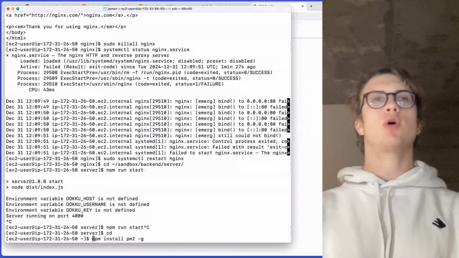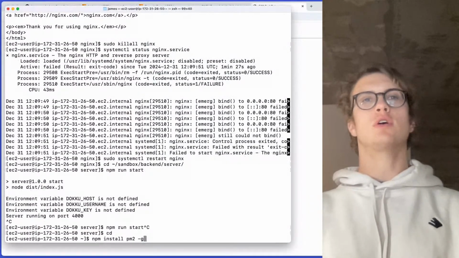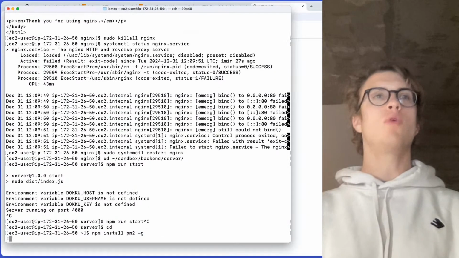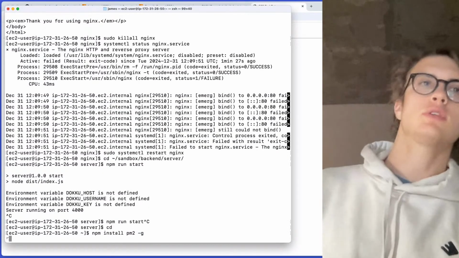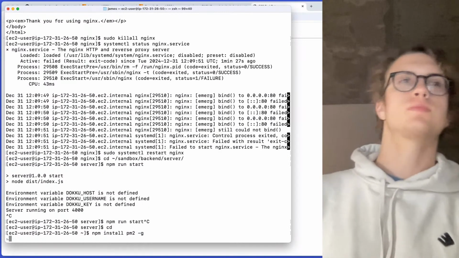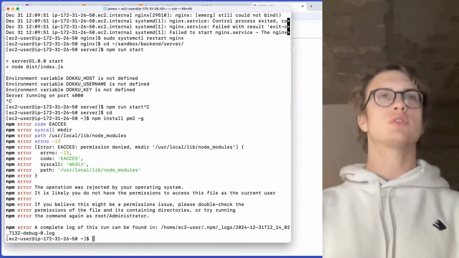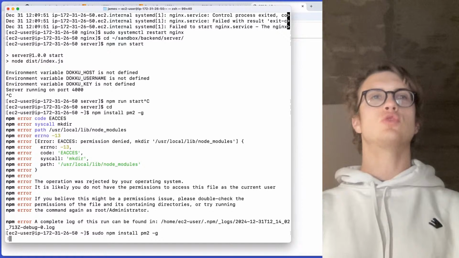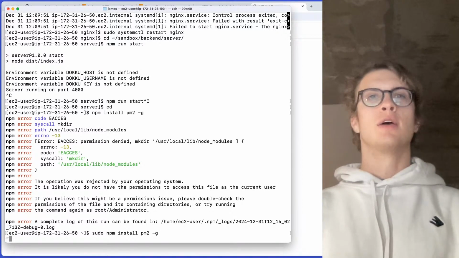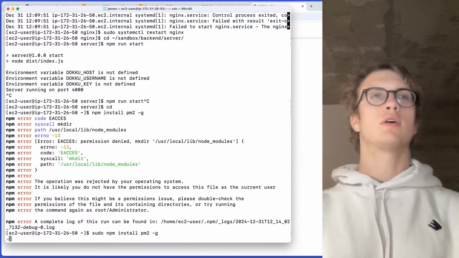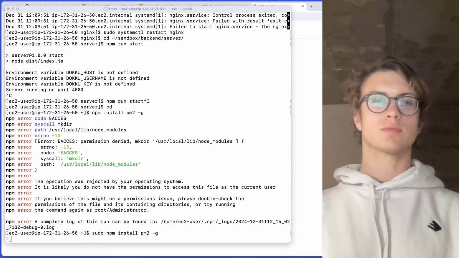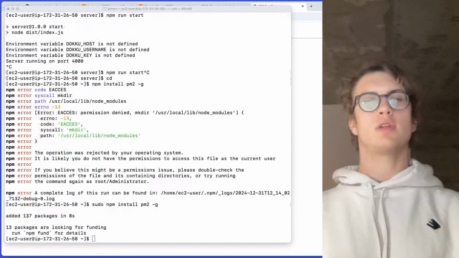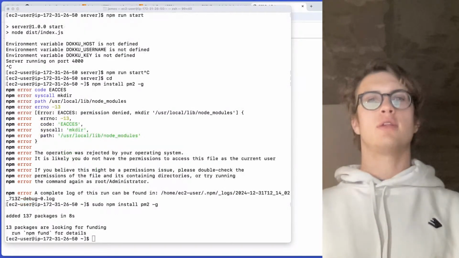So I'm going to go to my home directory, and I'm just going to npm install PM2 globally. Hopefully this is right. This is the first time I'm doing it this way. So, sudo. All right. Now